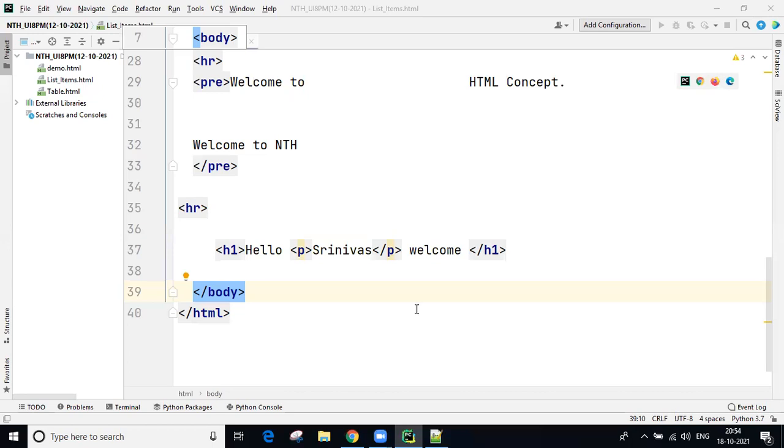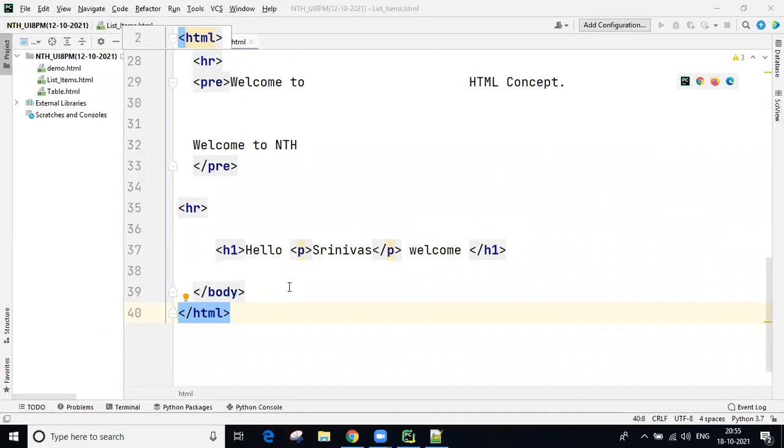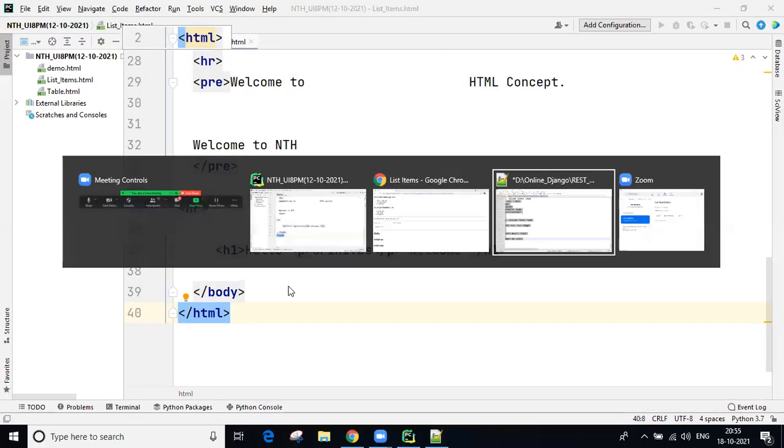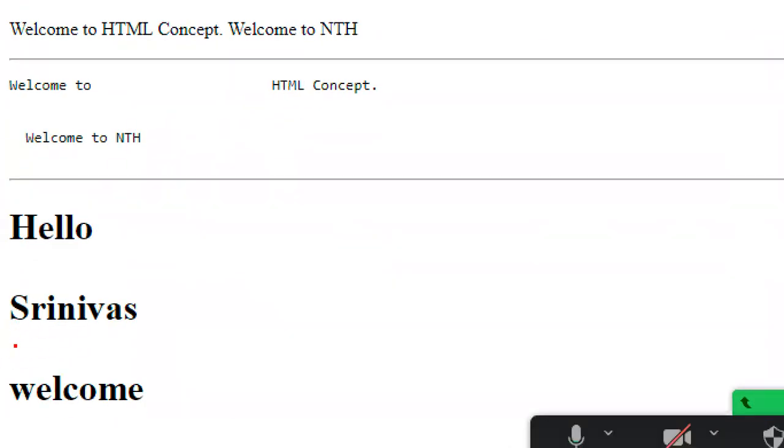So definitely multiple lines. Why? Because this is block level. Hello, you are getting. Again, paragraph is block level, which means a new line comes. Srinivas, you are getting. So this is block level related behavior here. Now you can see this line output. See guys, hello Srinivas, welcome.